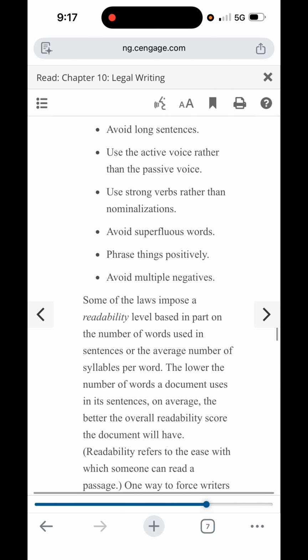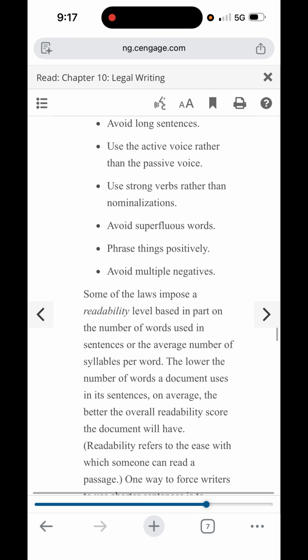Avoid long sentences. Use the active voice rather than the passive voice. Use strong verbs rather than nominalizations. Avoid superfluous words. Phrase things positively. Avoid multiple negatives. Some of the laws impose a readability level based in part on the number of words used